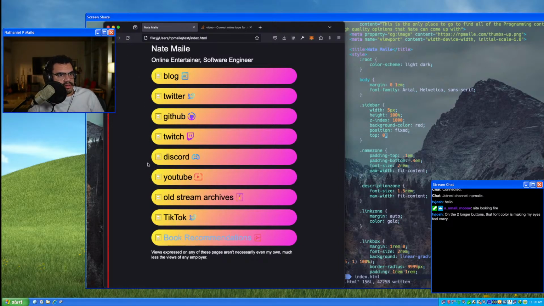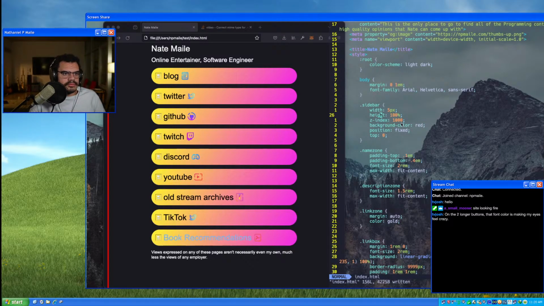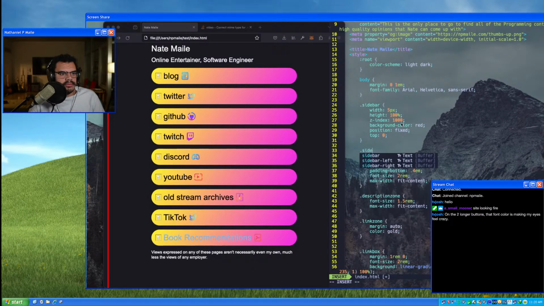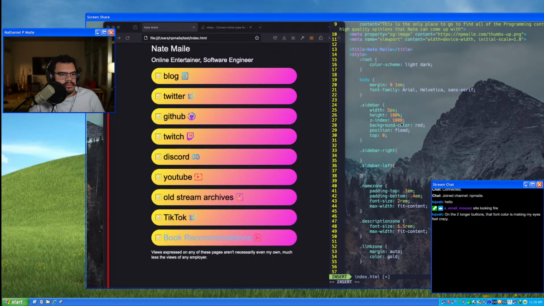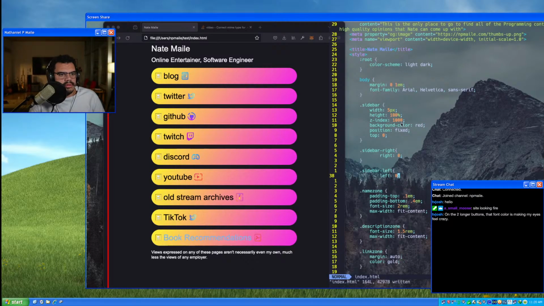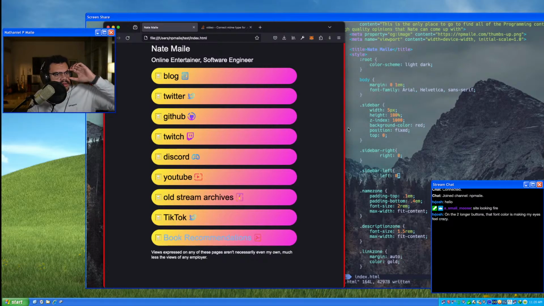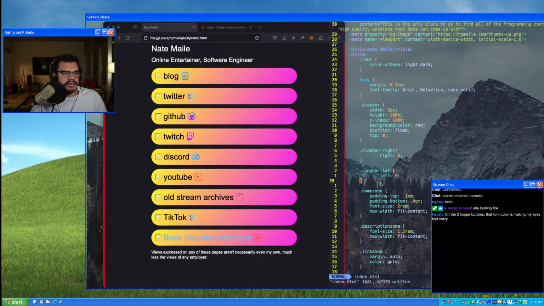There we go. Okay. So for your sidebar right, all you're going to have to do is target that. Yeah, target right, and give that a right 0 for your right one. And this is why we didn't directly declare the position. Left 0. Oh, look at that. Yeah. So now if you target right and left on hover,